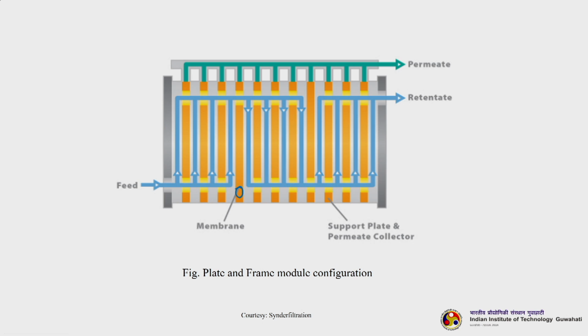These colors, actually, that is membrane material. So, this is membrane, right, and feed is entering and it is channeling. You can see how the feed flow is happening. Once it comes here, crosses these three membrane systems 1, 2, 3, another membrane, then it flows like this, then again it goes. So, you get retentate here and the overall permeate here. Then there are support plates and permeate collectors inside that. It is a very easy system, easy to manufacture and easy to handle also.